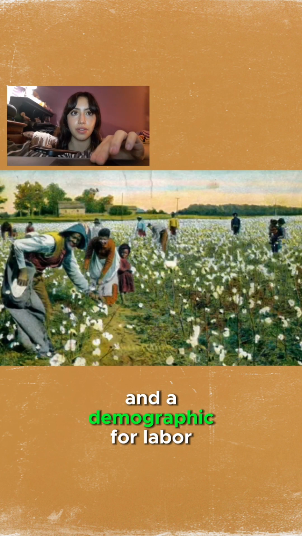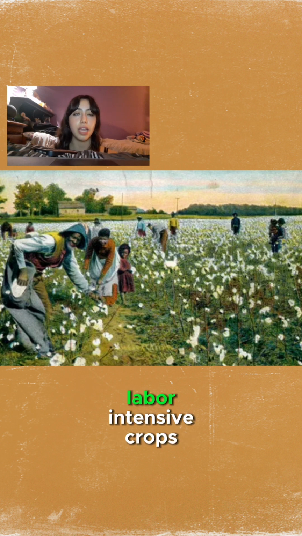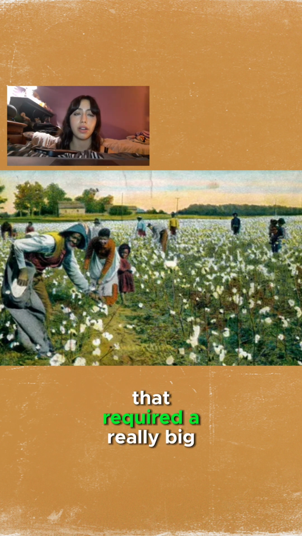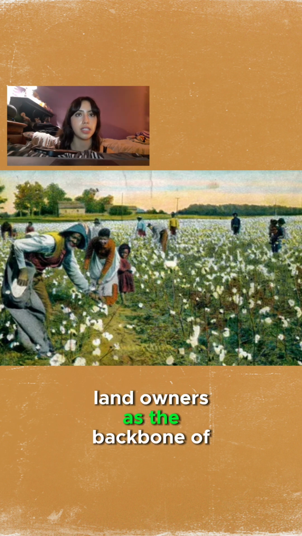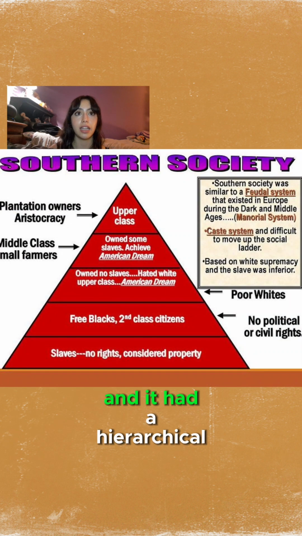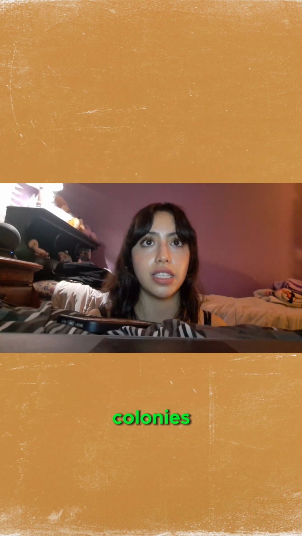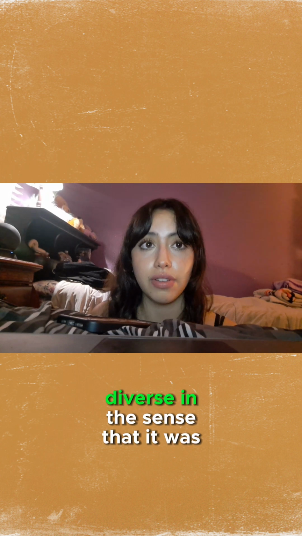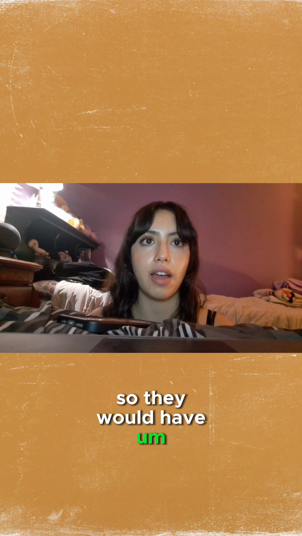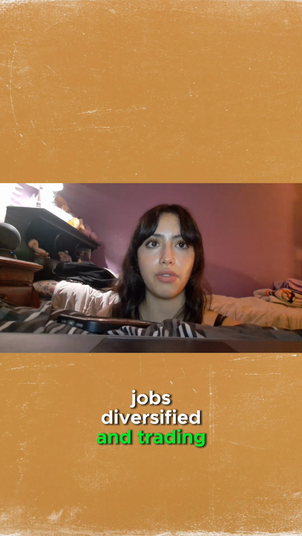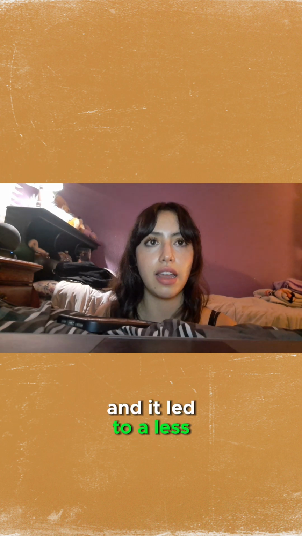And the demographic for labor demands in the southern colonies: they heavily relied on labor-intensive crops that required a really big workforce. So society was structured around wealthy landowners as the backbone of the economy, and it had a hierarchical society there. Meanwhile, the northern colonies were very diverse in the sense that they were not just focused on agriculture. So they would have jobs diversified in trading, manufacturing, and small-scale farming, and it led to a lesser demand